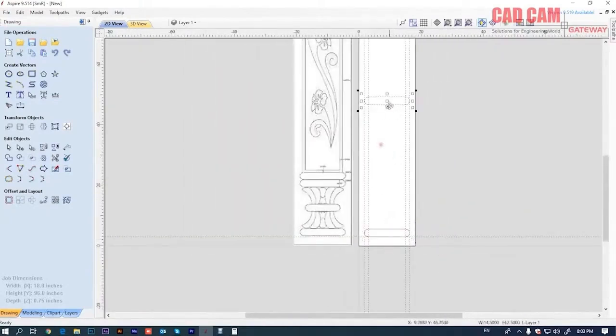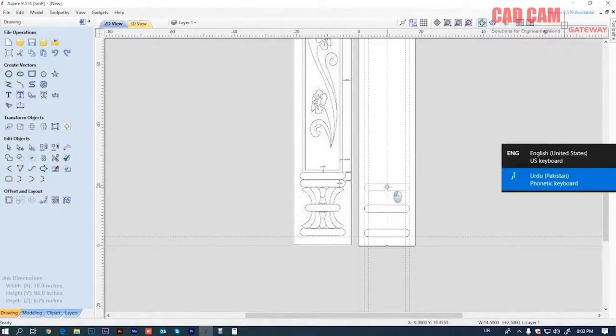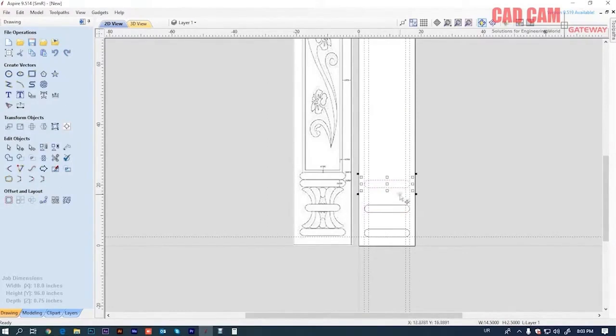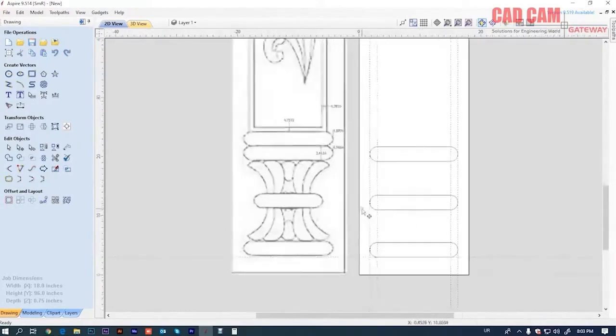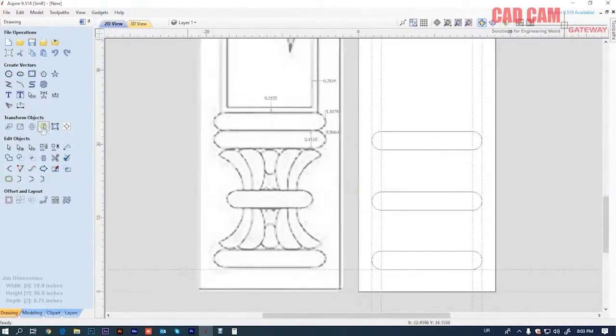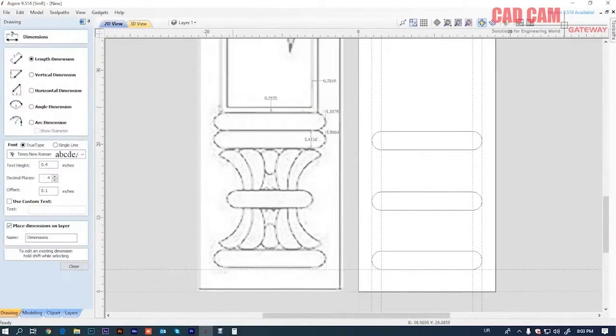Similarly, we have a rectangle here. I am using Alt to bring it here, and then I will take its duplicate in the same way. Using Ctrl C, Ctrl V, and Alt, I place it up here. Now, a little bit of adjustment will be needed. Why is adjustment needed? So that we can manage the distance between the two. From here to here, this design is taken at